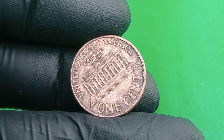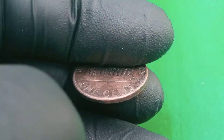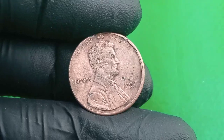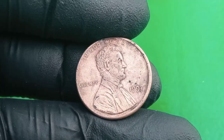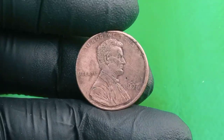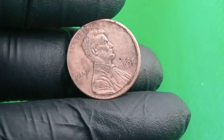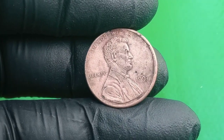It's not just any ordinary penny, it's a coin worth millions. So, if you're a coin collector or just curious about the hidden treasures of the world of currency, this video is for you. Before we get into the specifics of this 1-cent coin, let's first talk about what makes a coin rare and valuable. Coins can gain value due to a variety of factors, including their age, rarity, condition, and